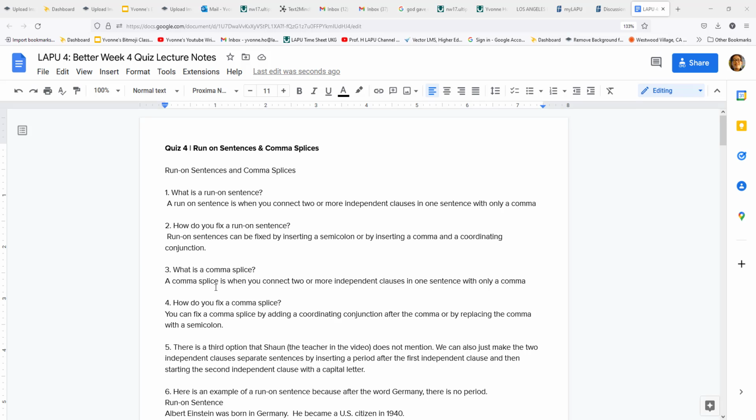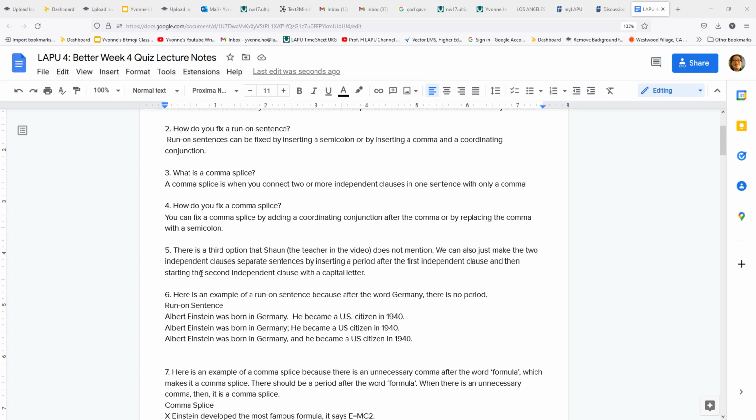What is a comma splice? A comma splice is when you connect two or more independent clauses in one sentence with only a comma. How do you fix a comma splice? You can fix a comma splice by adding a coordinating conjunction after the comma or by replacing the comma with